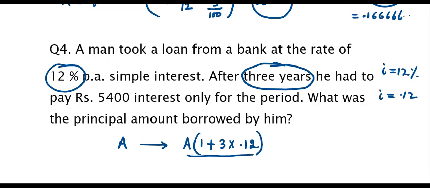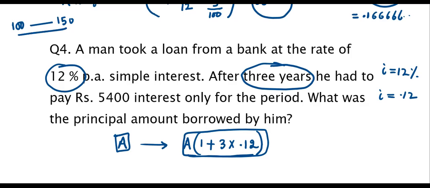So the final value is not given. What is given? The interest amount is given. So this is the original amount, this is the final amount. The extra amount is the interest. It's like if you deposited 100 and you got 150 after 3 years, so the extra amount is 50. Similarly here, the extra amount is given, 5,400, that will be equal to